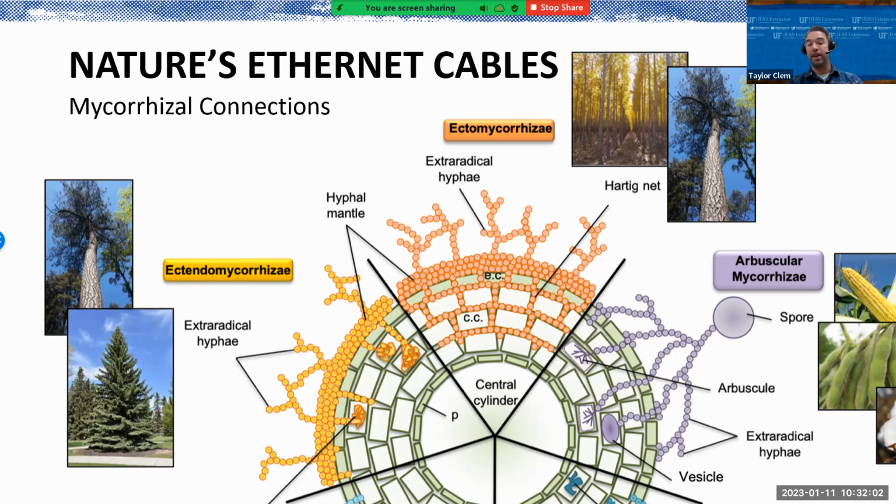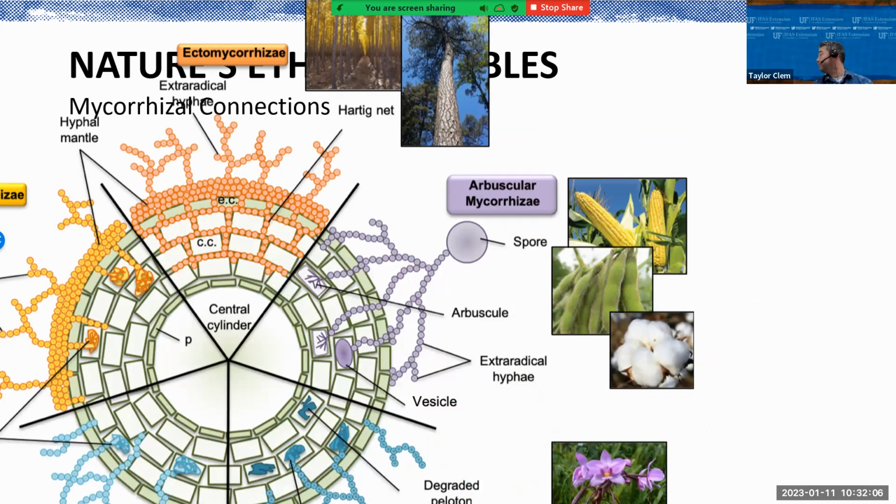But then we have the arbuscular mycorrhizae, which I'll put right here. That will actually penetrate. It doesn't have that Hartig net, but it penetrates directly into the cells. And there are these different things that happen. So the fungi come in, the hyphae come in, it can penetrate the cells, and it has different components to it. There's this one portion that's right here in this section.